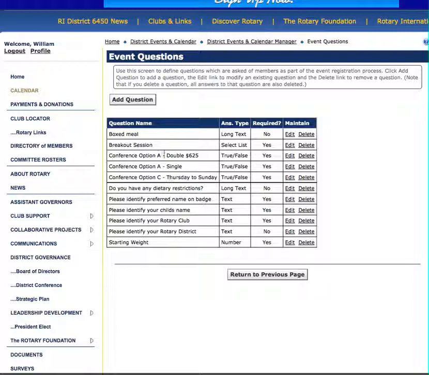As you can see here, conference options are also there. Always ask, we find we have to ask about dietary restrictions, because people have so many allergies and so many food requirements that we need to know about as we prepare for the event. What about the way you want their name on the badge? If you're doing a public event, that will be quite important. Also, in our case,